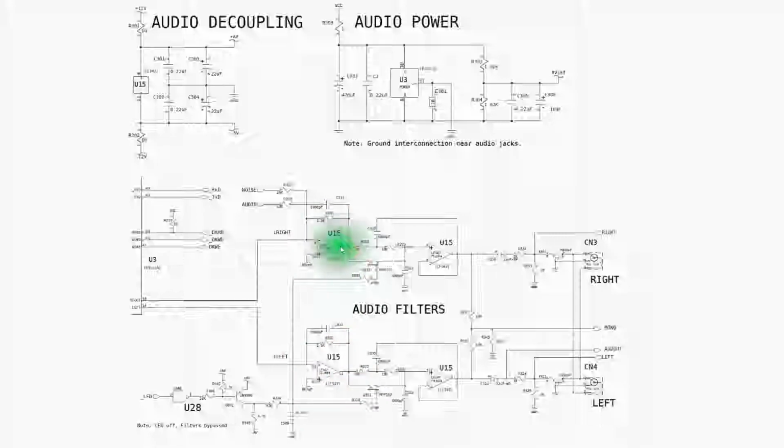The output then that is now swinging above and below the ground rail is then fed through a little filter network here into a second stage of the op amp that I believe is really just an amplifier at this point. So it's taking that digital signal, converting it to essentially an analog signal here, amplifying it, and feeding it through